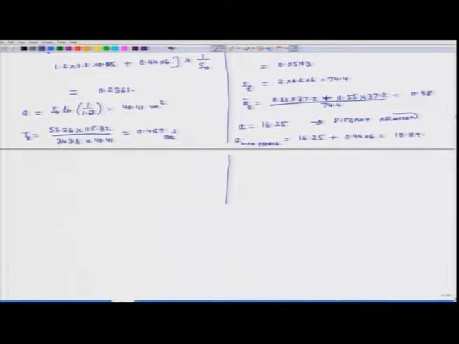So, continuing this discussion, T rev in this case is equal to 55.26 times surface area or volume 115.32 divided by speed of sound 343.8 multiplied by A with people, and that comes out to be 0.981.